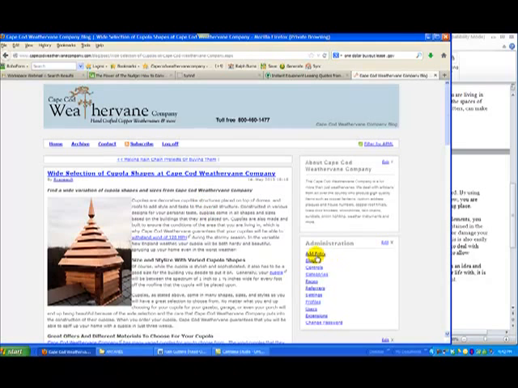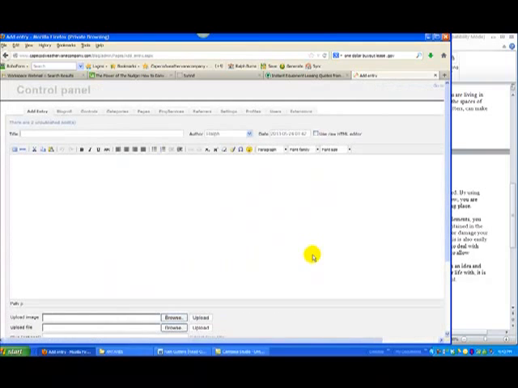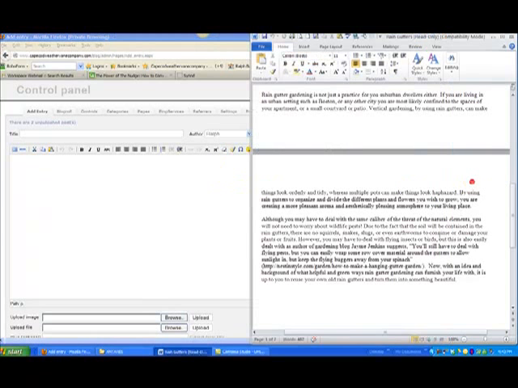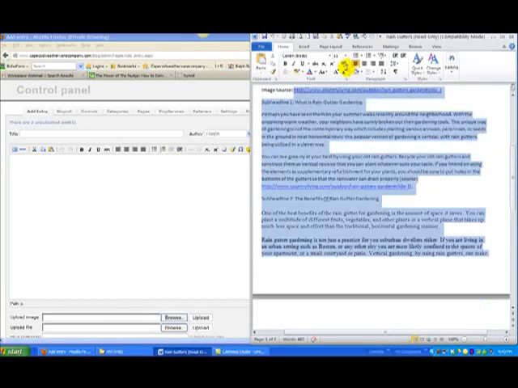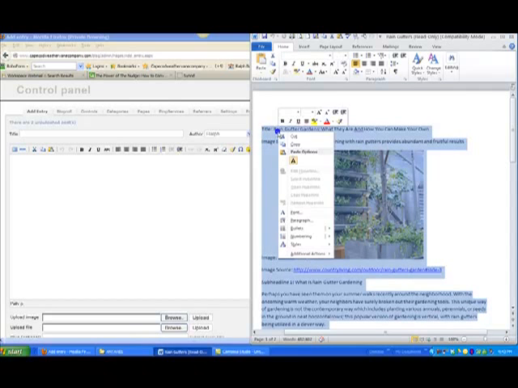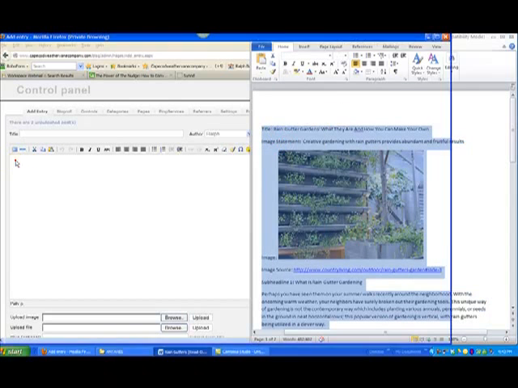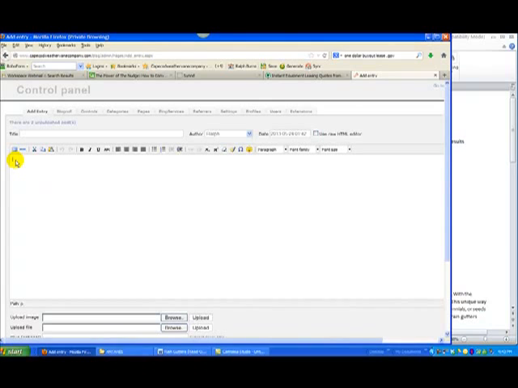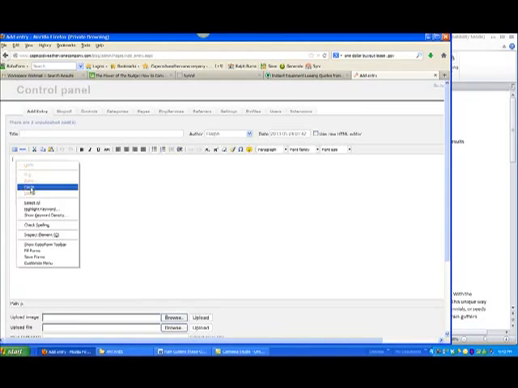To add a new post, all you do is go down to here and click Add Entry. So now this is your control panel. This is your post. Now what we want to do is either Control A or just copy. I'm just going to copy this. I just copy it, right click,